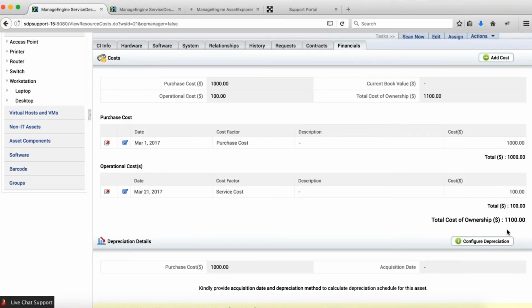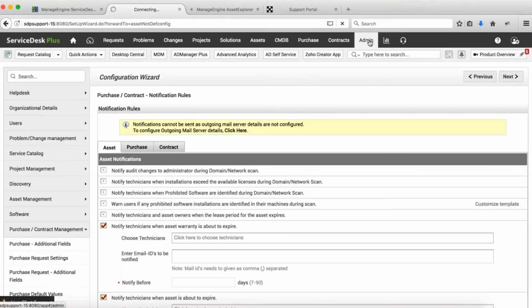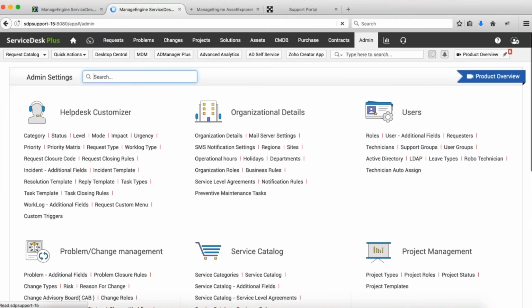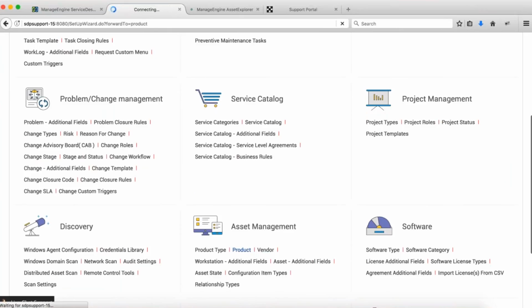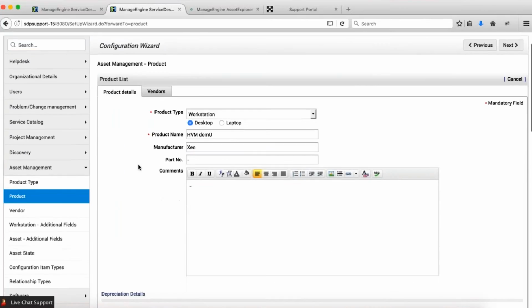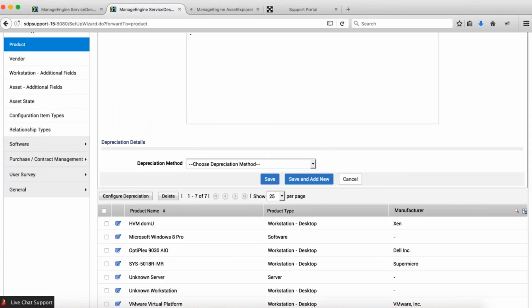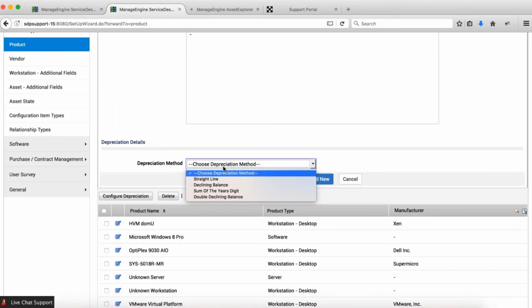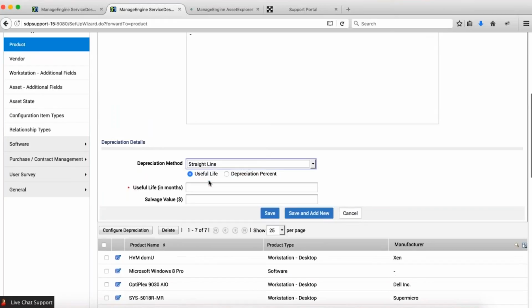So to configure depreciation, you can go to Admin and choose the product. Say, for example, at the moment, I'm going to choose the HVMW model. So all the different models will be listed over here in the product section. So you can choose the model, and I'm going to configure a depreciation method. So these are the 4 depreciation methods that we support in Service Desk Plus. So let me choose the first option here. So useful life, it's going to be 5 years, let's say, and salvage value, let's say, is $100. So once this has been configured,